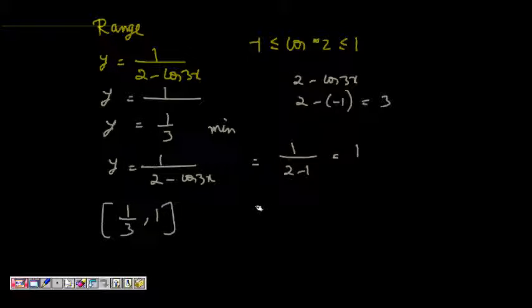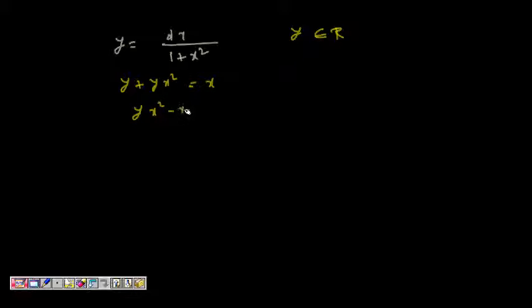Now let's see, the next question is, we have y is x by 1 plus x square. Okay, so now what we do for these kind of questions, so y is real, isn't it? Y should be a real number, so we can write y plus yx square is equal to x, and hence yx square minus x plus y is equal to 0. So this is now a quadratic equation, and for it,